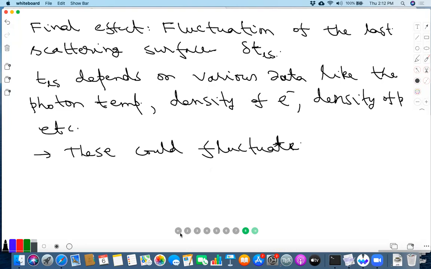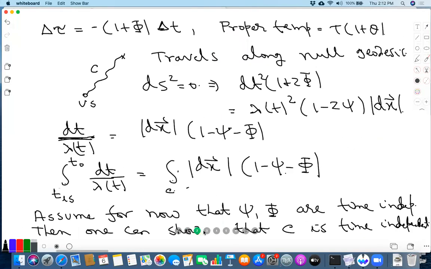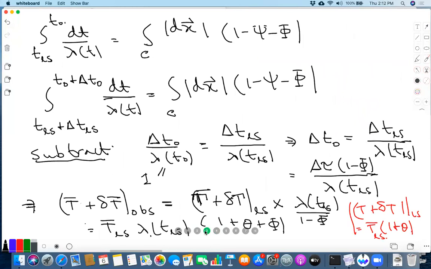So for this, let's go back to one of the early slides. Yeah, this one. Okay. So T bar plus delta T bar is given by this, and now we are saying that the TLS fluctuates, right? So we have to take into account the effect of TLS fluctuation. We'll be doing it to first order, because when you are doing this, you can just ignore the effects of theta and phi in that process.